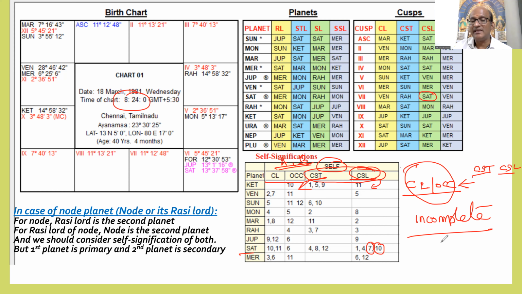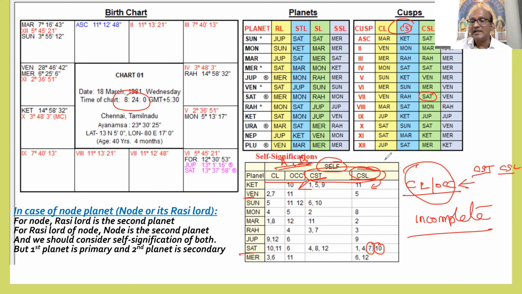Please, I'm repeating, I'm not saying that the lordship and occupying house are not correct. They are correct, but they are incomplete. We have to extend the signification. Those planets are star lord for which houses and sublord for which houses. They are only going to give the complete significations.